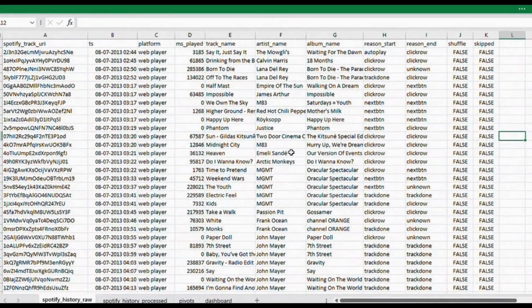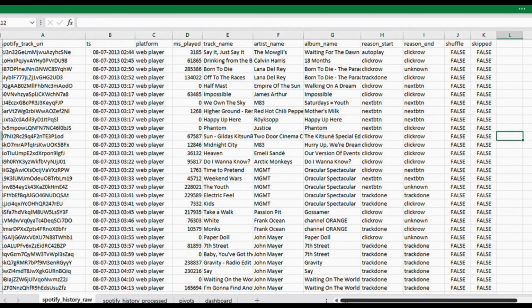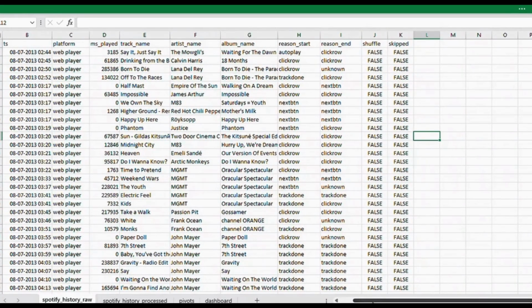It includes information such as the track details like song, artist name, and album name, the platform used for playback, the timestamp, the track URIs, whether the shuffle was on or off, and whether the song was skipped or not. It also includes the reason to start the song and the reason to end the song.